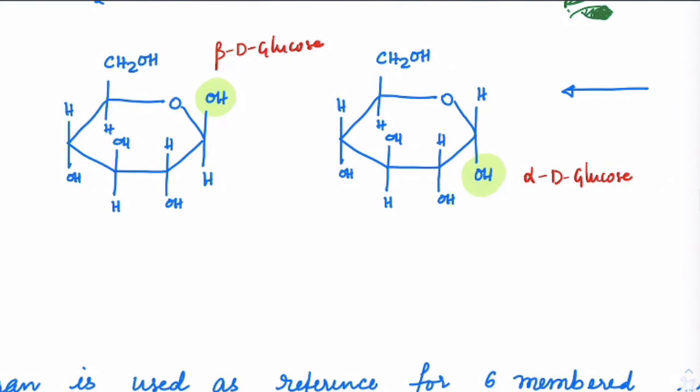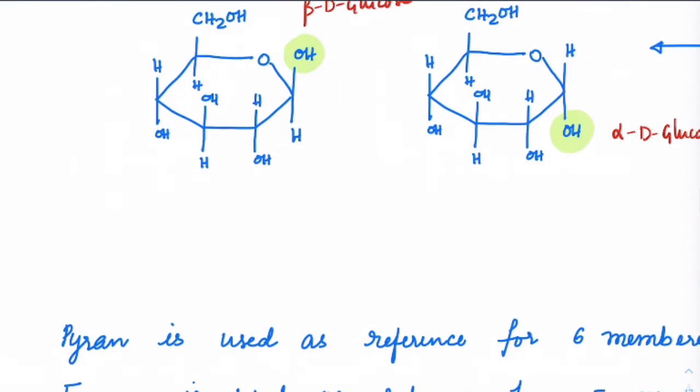Yes, this is clear. Now, if you check out, this structure has more similarities with this one, correct? Because this is a 6-membered ring, this is how it exists. So we take this as a reference and the name of this is pyran. If you remember, if you have a 5-membered ring, this is tetrahydrofuran. If you just write a double bond, this will become furan. Same way, if I put a double bond here, this will become pyran or tetrahydropyran. Without double bond, it is hydro. With double bond, it is pyran. Same way, this is furan.